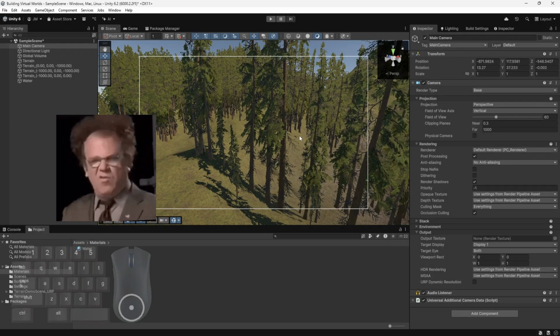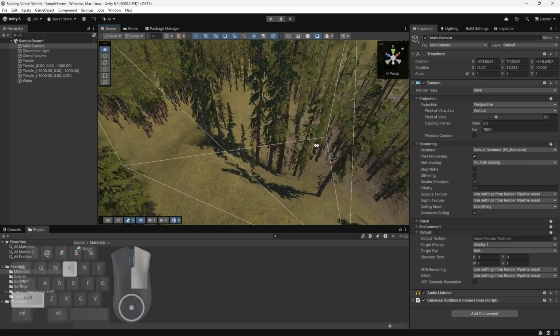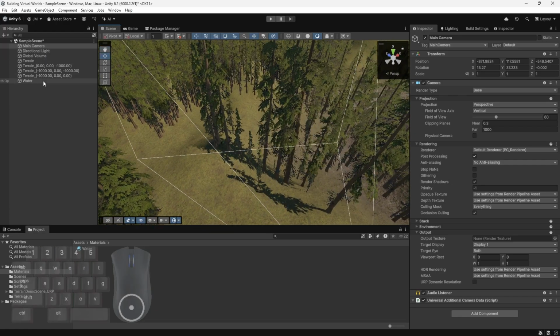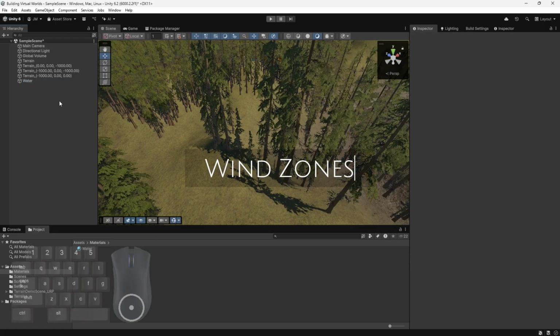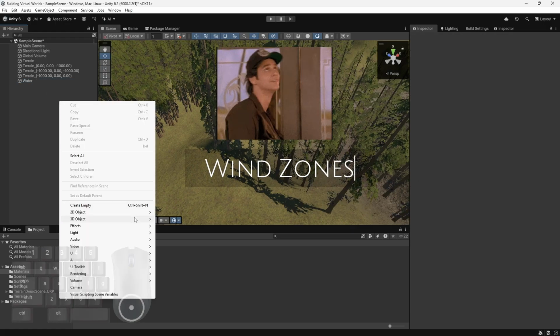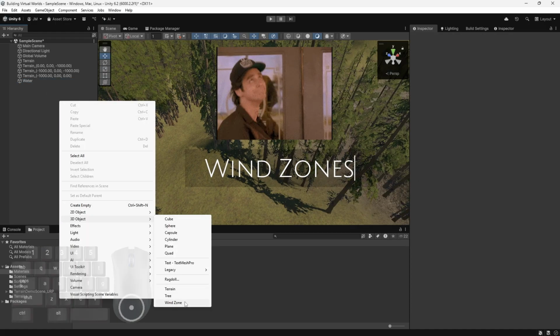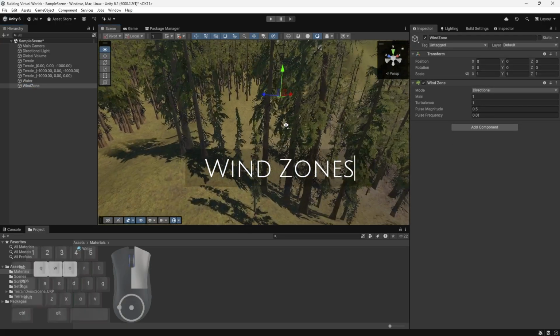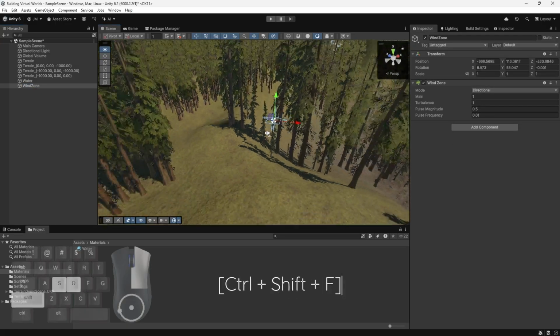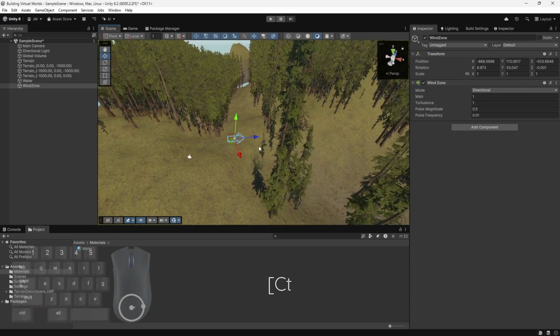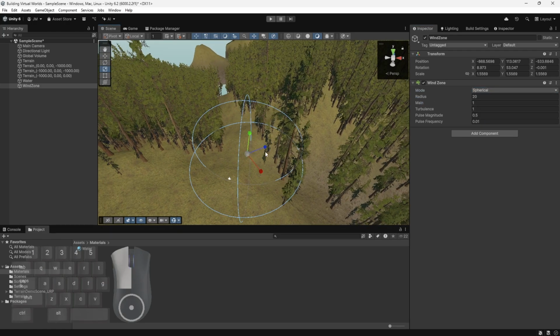Okay. Well, let's do this. What we probably need is a wind zone in our environment. So this is actually next to the terrain. We do 3D object. Let's do a wind zone. This is going to be, I'm going to bring it over here again with Control Shift F. The direction kind of matters. So let's scale this up. Actually, what we want is spherical. So this way we can